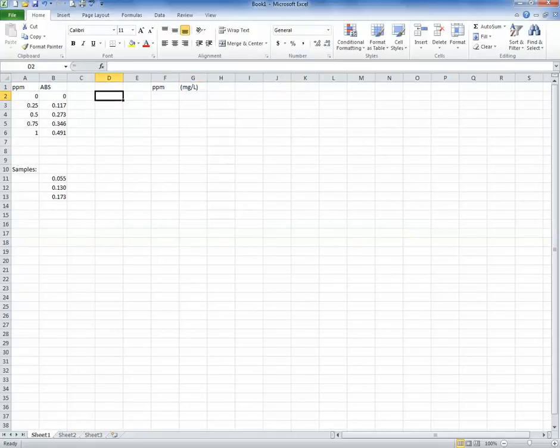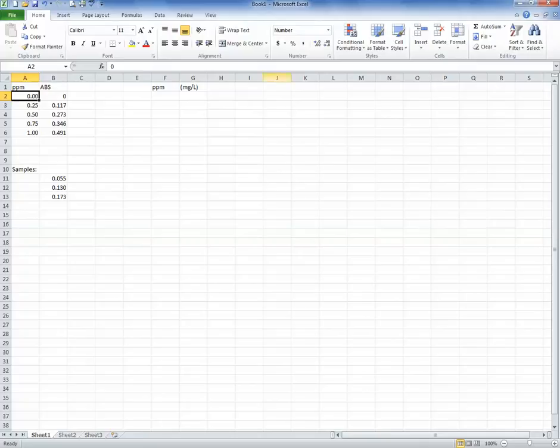So parts per million for this analysis that I did was 0, 0.25, 0.50, 0.75, and 1.00. I'm just keeping all of them with the same number of decimals here. Okay, so if I wanted to change the decimals that show up on the printout, I can do that if I want to